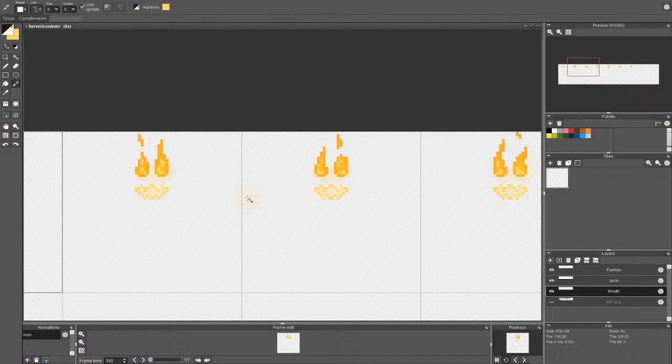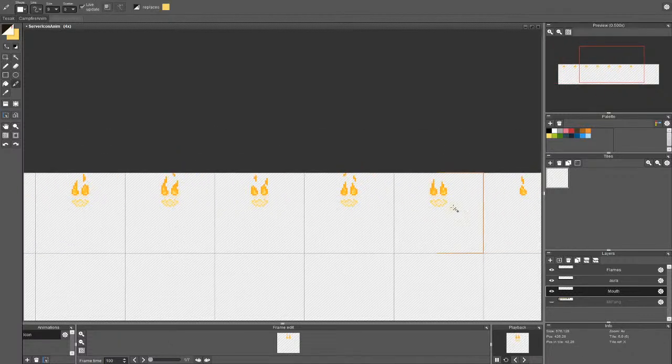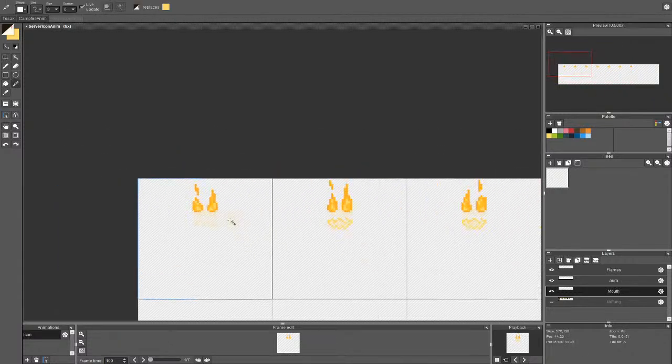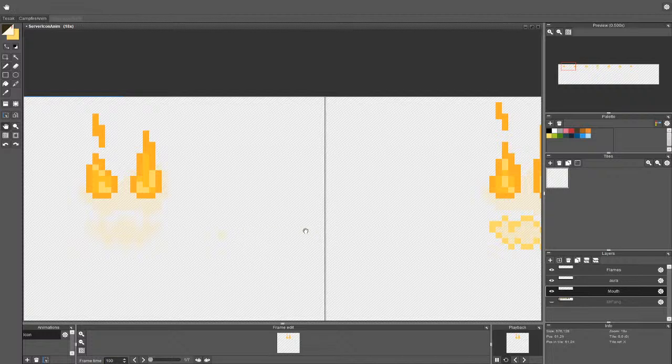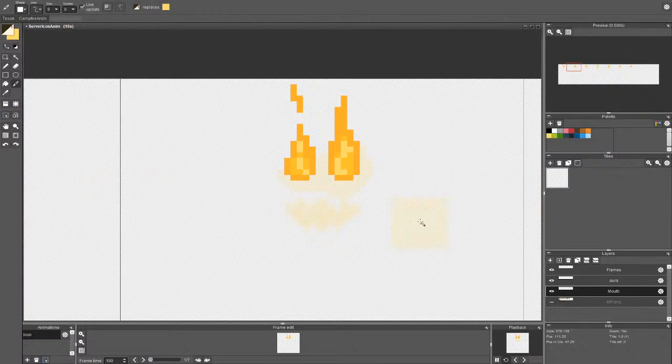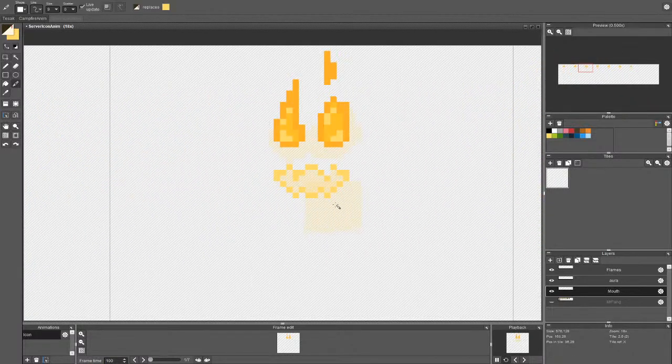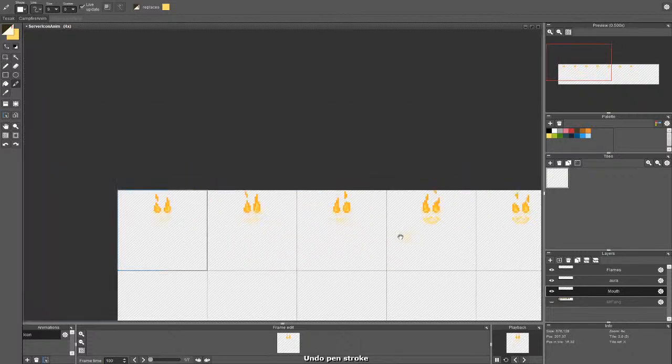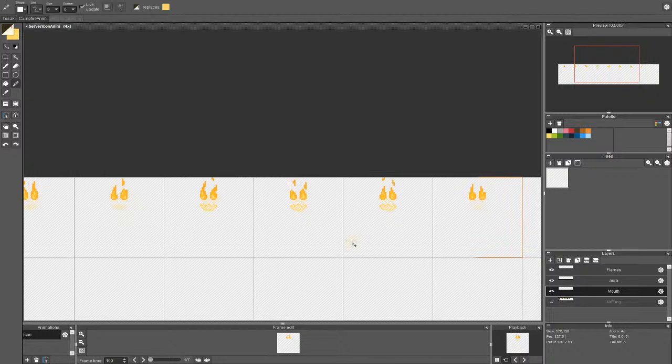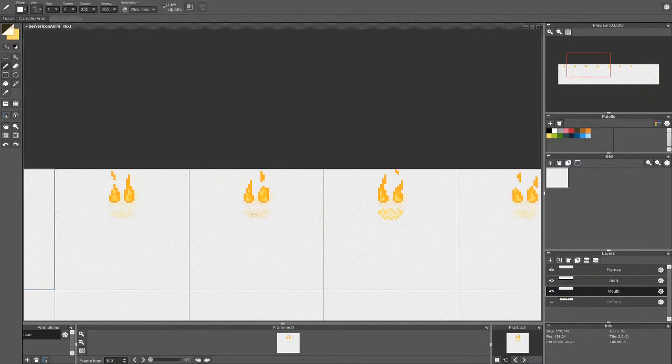And for this one and the last one. And now we can use this color here. And I believe here as well. And here and here. And for this one we will use this color.